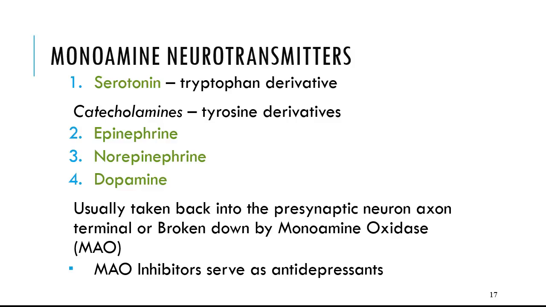These monoamine neurotransmitters are probably the neurotransmitters which you knew about before coming to class. You've probably heard of dopamine. You've probably heard of serotonin. And if you've not heard of epinephrine, you've heard of adrenaline, right? You've heard of these things. These categorically are structurally called monoamines, so these small amine-based molecules.